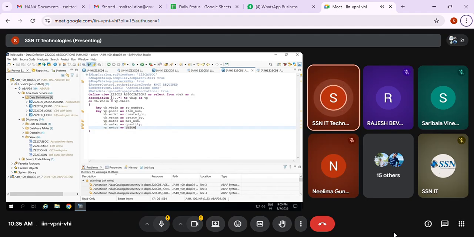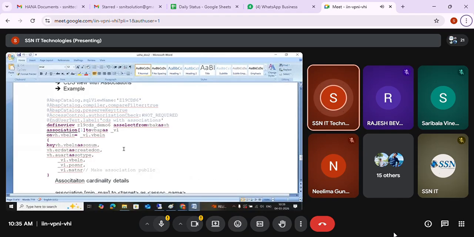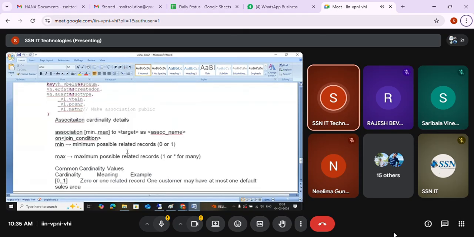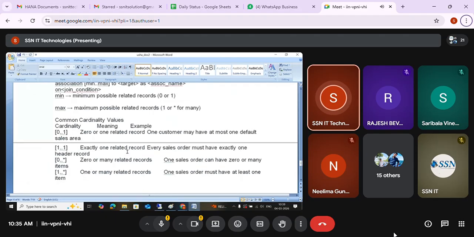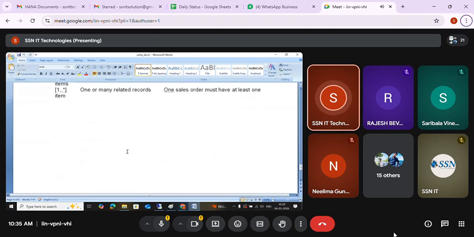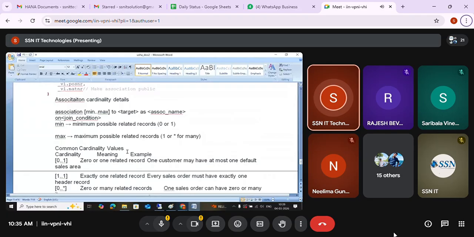I can say that I don't want 1 to star; I want only one record matching with VBAK. Even if VBAP has multiple records, I get only one record. I can say the cardinality 1 to 1. Minimum and maximum can be mentioned in associations, which is not possible in joins.